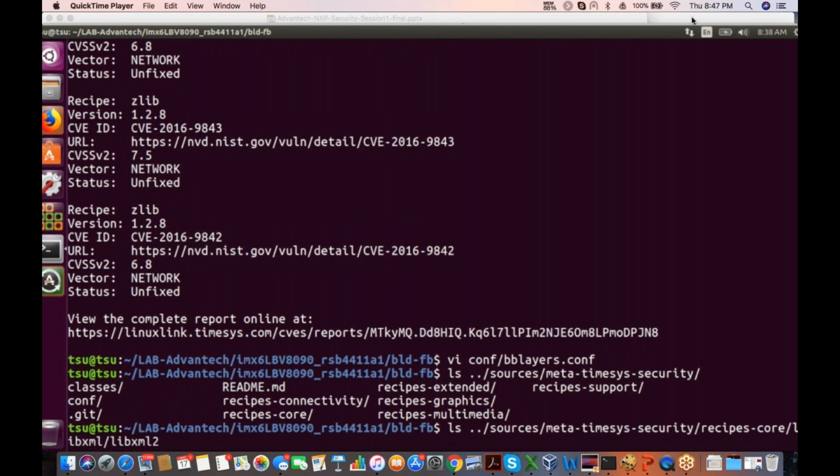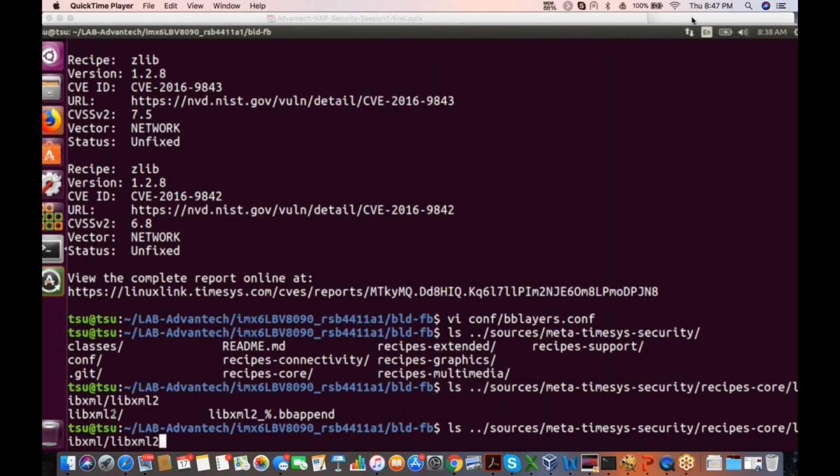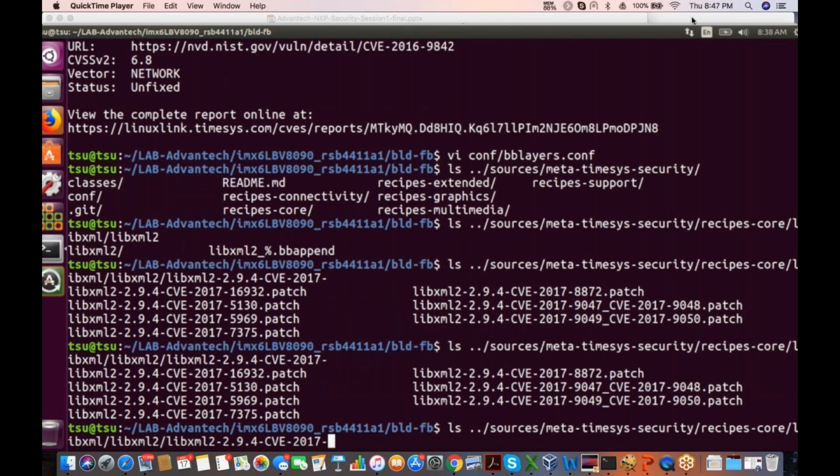There is libxml2, and let's do slash here and tab. You can see that there's quite a few patches there for libxml2. Okay,